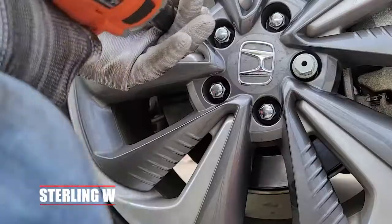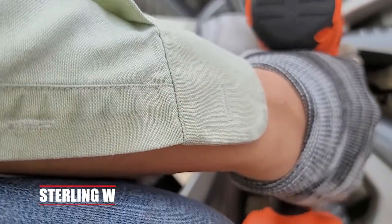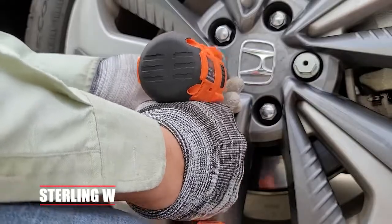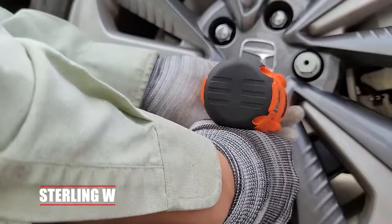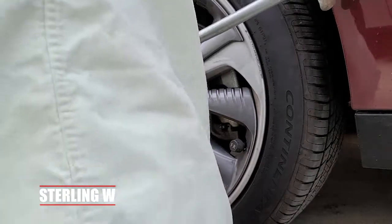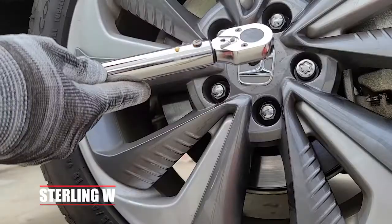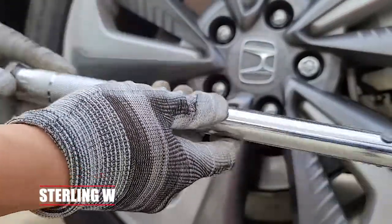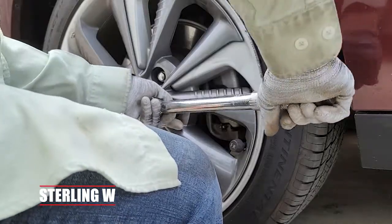Now, there's no problem removing the lug nuts, like I said. It's also a very compact and lightweight design, there's an LED light, and it's cordless, so I don't have to turn on the air compressor, which is much faster and simpler. It just takes about 2.5 hours to charge the battery, and even doing two cars, the tire rotations for basically 8 tires and fastening them on, it didn't use much of the energy. Of course, I still use the traditional torque wrench for the final tightening of each of the nuts, and of course use the star pattern,